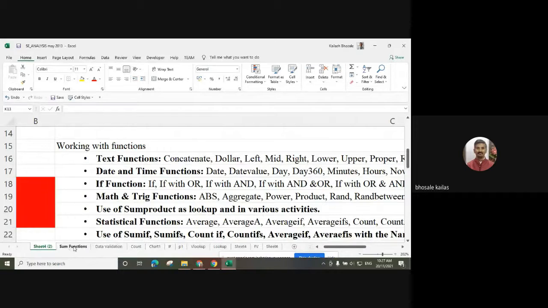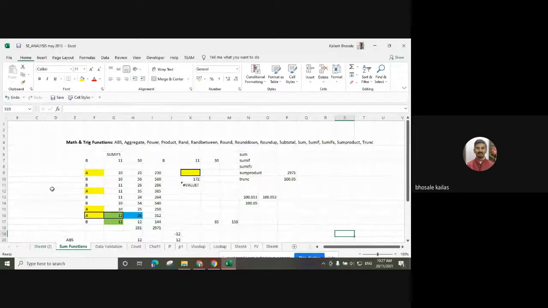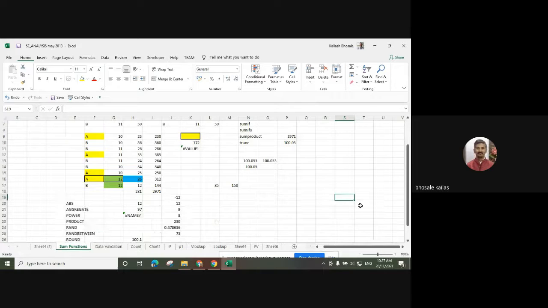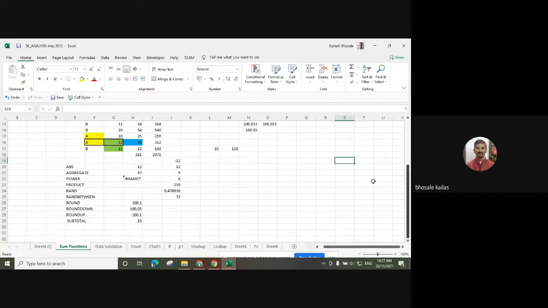Then there are some functions. Like we can find out the absolute value, then aggregate value, power function as we have seen, then product, random values we have seen in the last number.